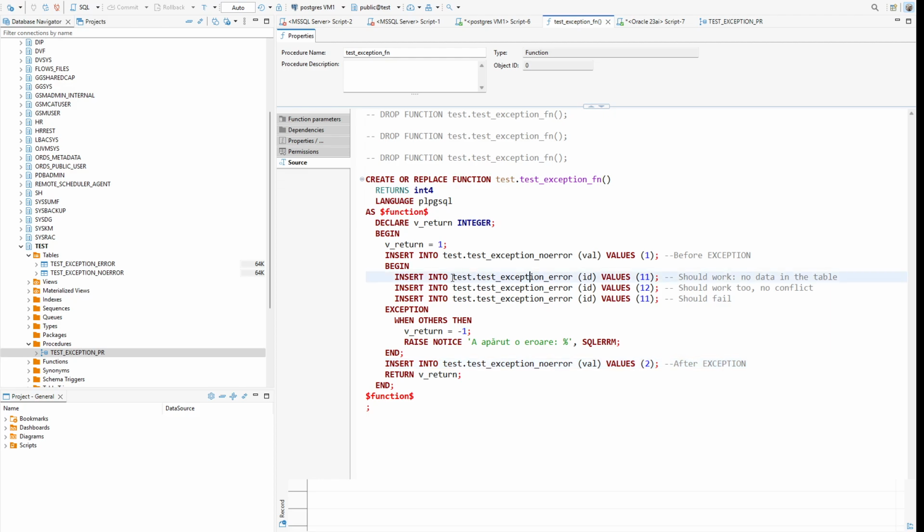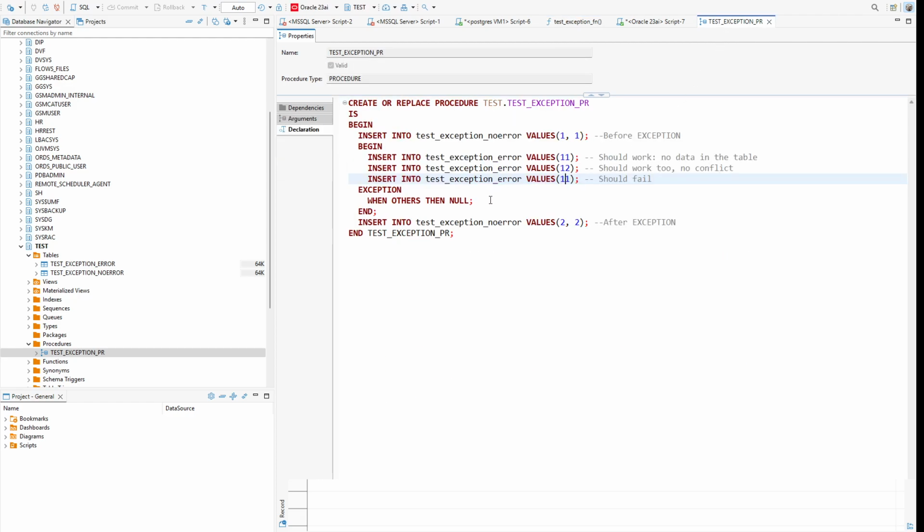And another table which will produce an error at insert level, error which will be caught by the exception block. In the stored procedure,